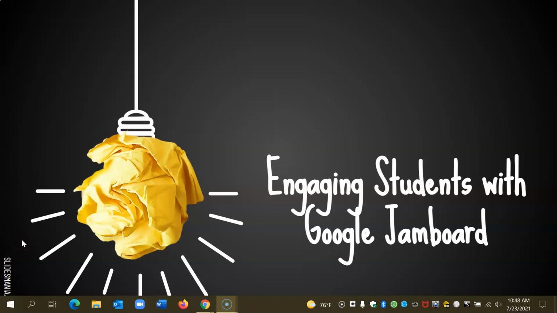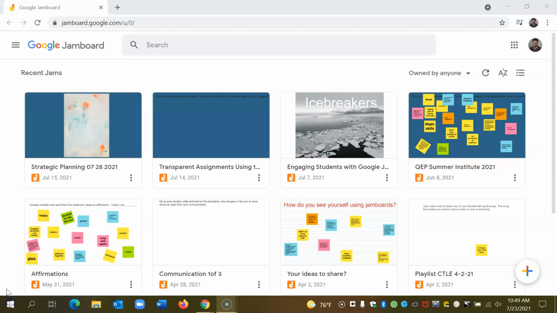Engaging students with Google Jamboard. In this brief tutorial, we will examine Google Jamboard and help you to become accustomed to the navigation and tools within Google Jamboard. After signing into your Gmail account, the first step that you want to take is to access